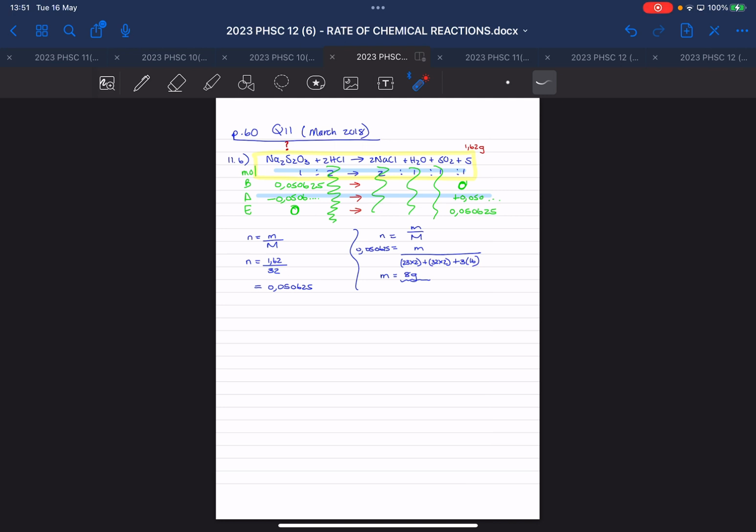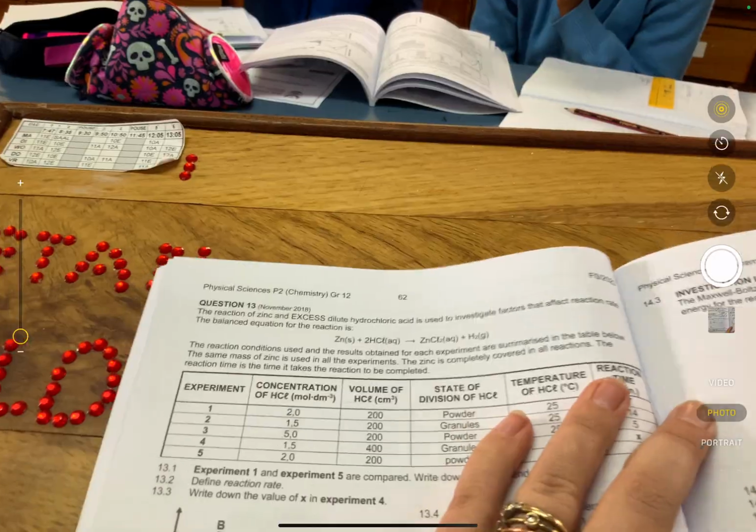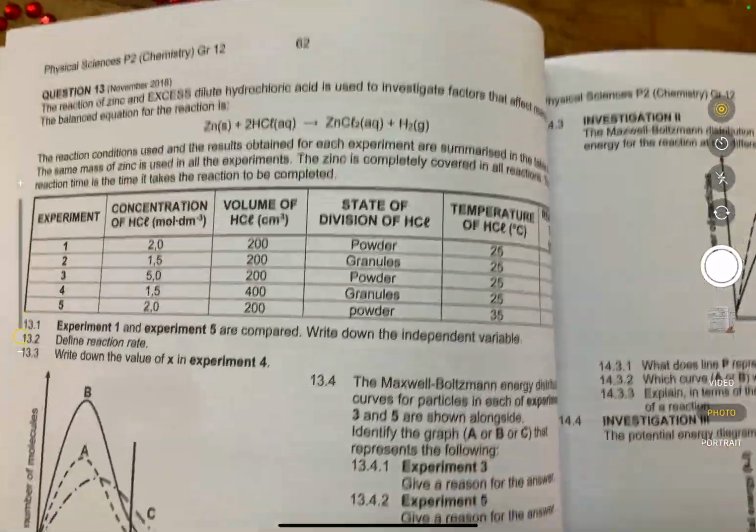Okay, so we're going to do question 13 together. At question 13, they give you the reaction of zinc with excess hydrochloric acid. So again, hydrochloric acid is in excess. Then they say they did different reaction conditions, shown in the table, and then we must look at the questions. If you look at the table, they give you experiment 1, 2, 3, 4, 5. Let's look at all of them. If you look at the concentration, you see that